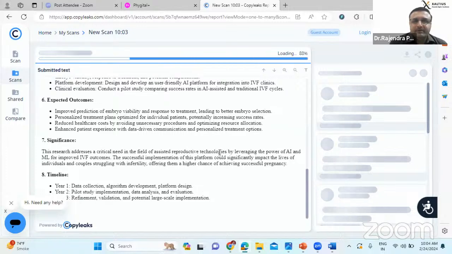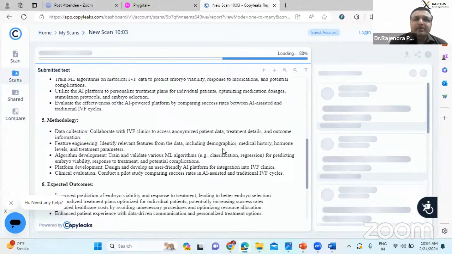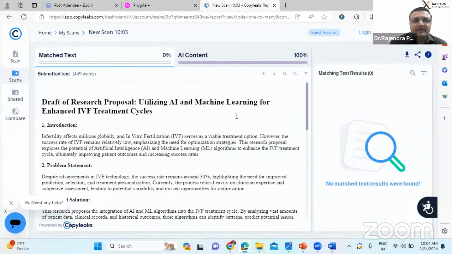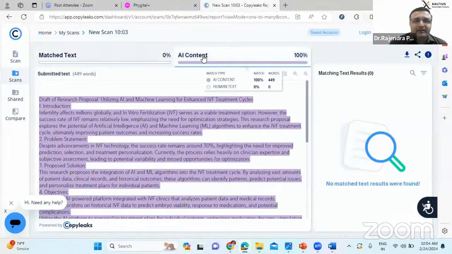Let's wait a few seconds again, because it is collecting from all sources. And it is done, 100%. And what it is showing, AI content, it is 100% AI content, and human text, it is 0. Can you see? Yes.